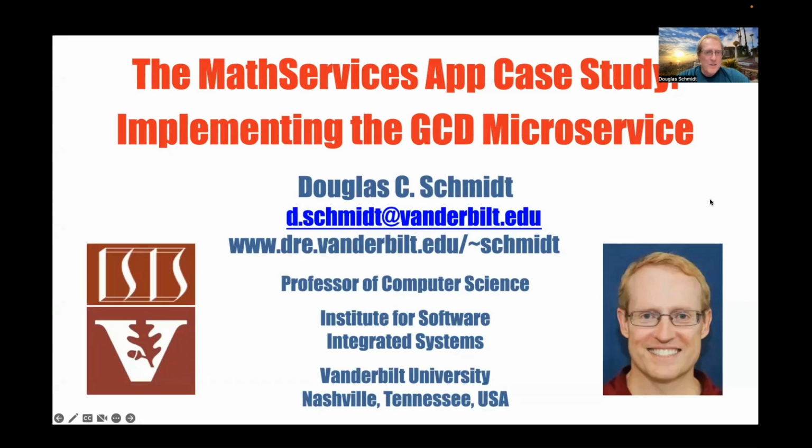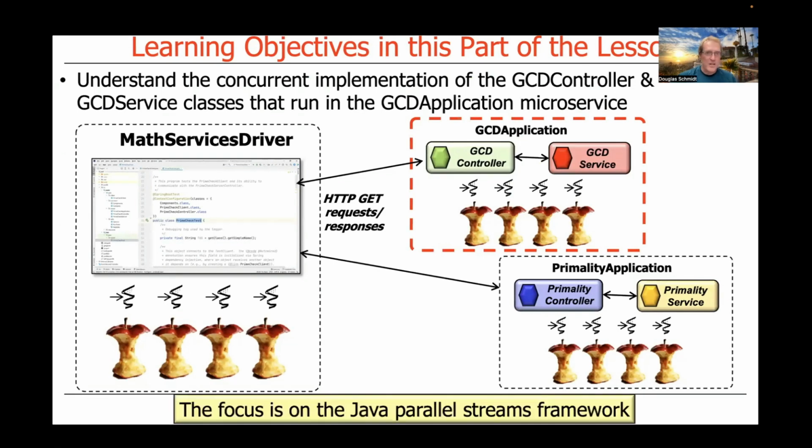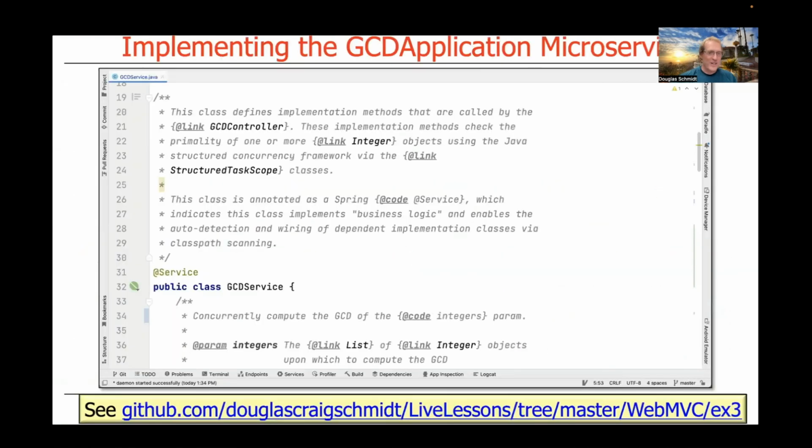So now that we've examined the structure and functionality of the GCD microservice, let's go ahead and take a closer look at its actual implementation. And again, this is going to show how to implement the GCD controller and the GCD service class. And the focus here will be on the Java parallel streams framework. And as always, you can get this at the X3 project in my WebMVC folder in my Live Lessons GitHub